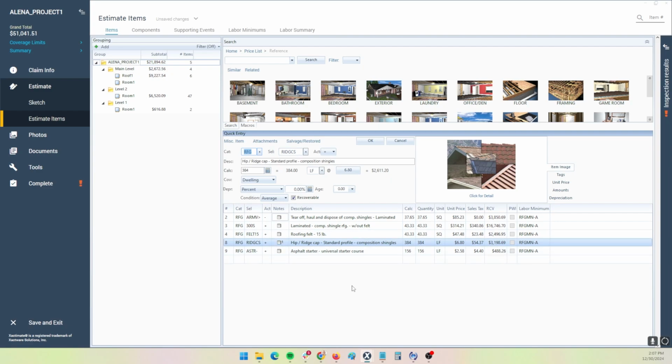So it really has helped us here at Estimate Mastery with our members get a lot of that ridge and starter added to the adjuster's estimate. And some of you might be thinking, well, yeah, but the adjuster can just say no. And that's true. He can just say no. But what I would recommend, and this isn't a silver bullet, but one thing that takes us a step further,